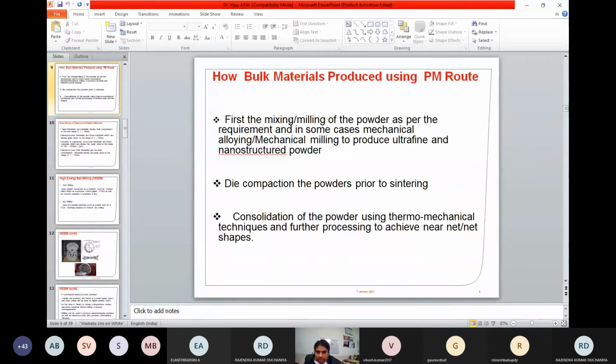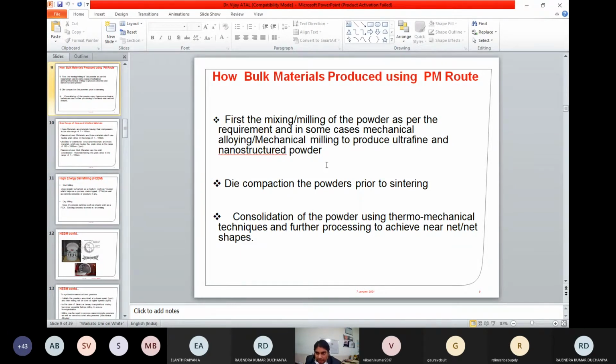So the basic steps in this particular technique involve milling and mixing, and mixing is done in some cases. When I am using a binary or ternary composition, mixing becomes essential, because if you are taking different elements, I need to homogenize them to produce an alloy. In that case, mixing becomes essential. And further, in some cases, people want to produce only composite type powders. For example, I use a Ti-Ni, or any copper-based shape memory alloy. What you can do with a ternary composition is take it, mill it, and mix it first to homogenize, and then